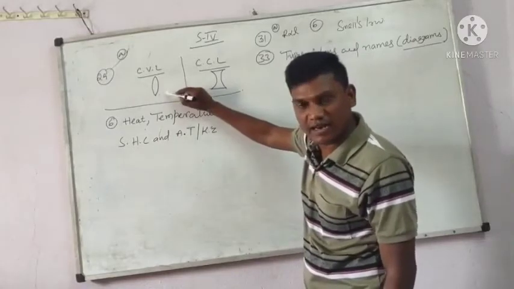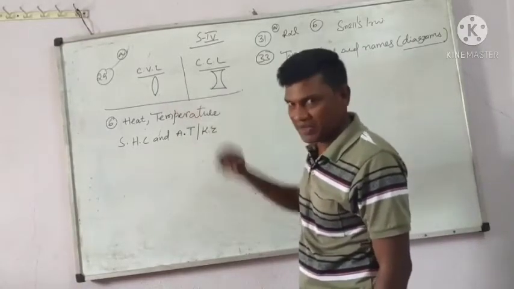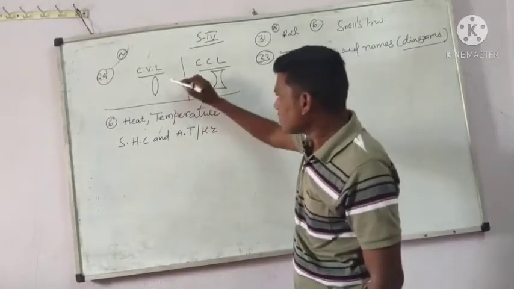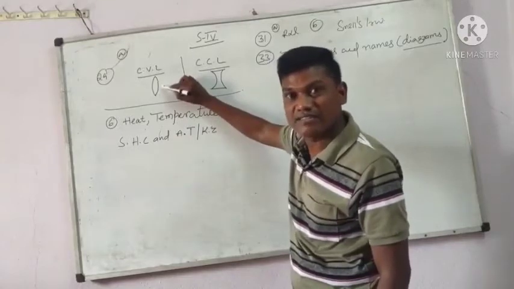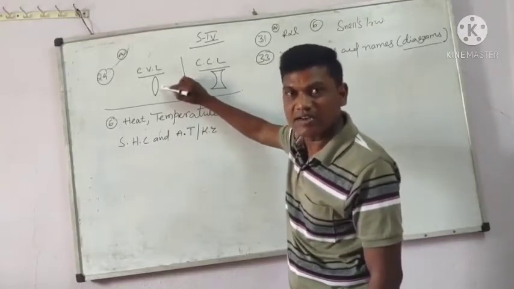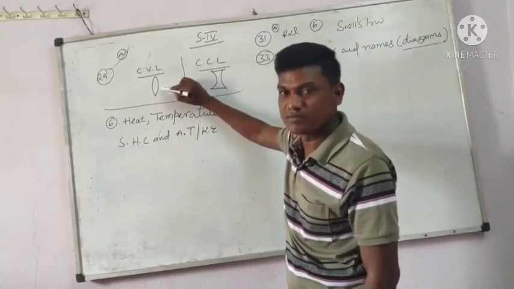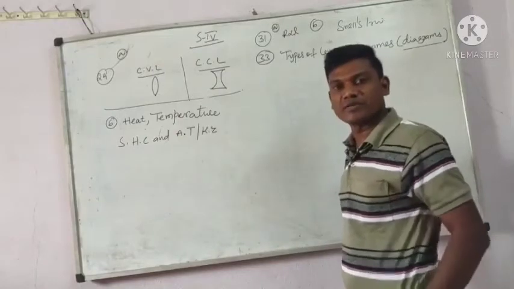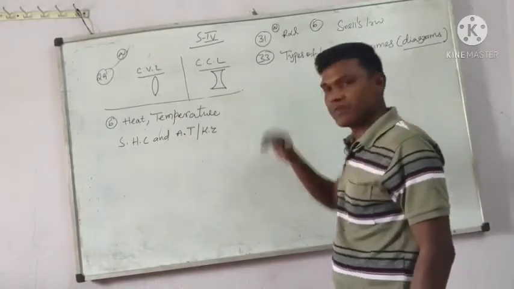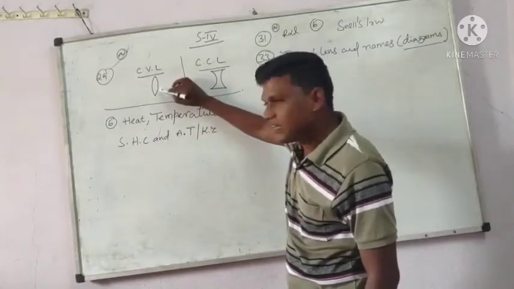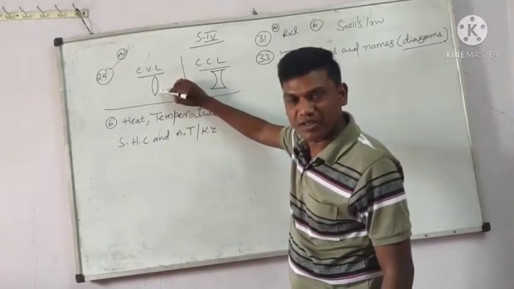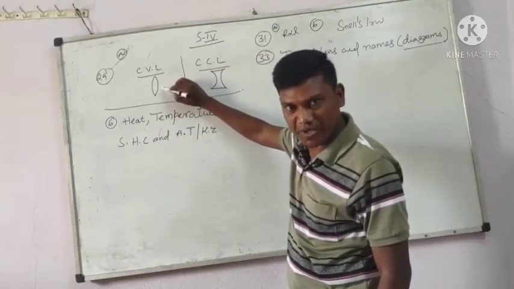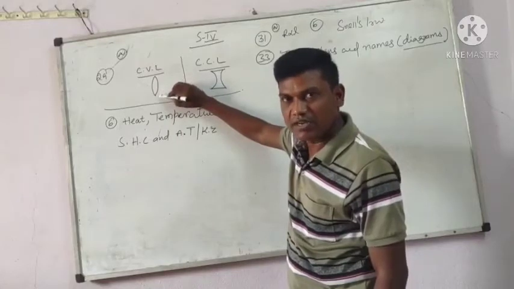A convex lens forms real and virtual images. A concave lens always forms only virtual images. The image formed by a convex lens may be diminished, same size, or magnified, but the image formed by a concave lens is always diminished. Convex lenses are widely used in various places, like to correct hypermetropia, in cinema projectors,